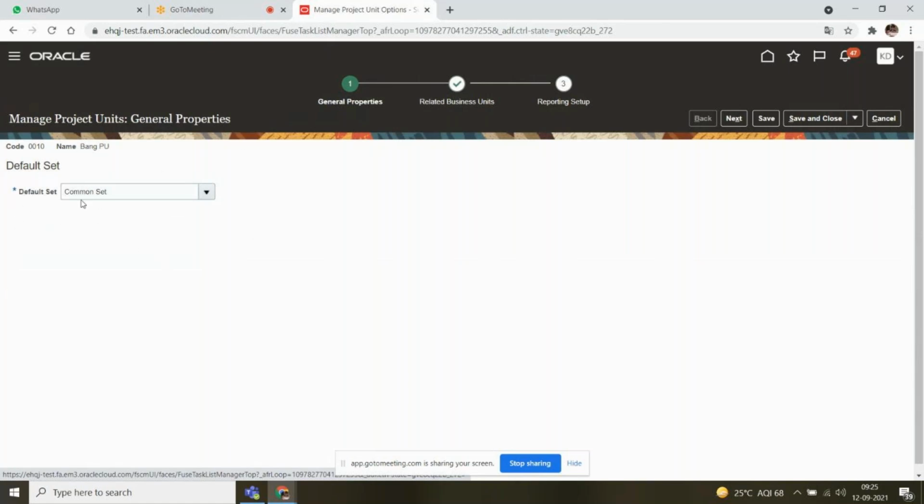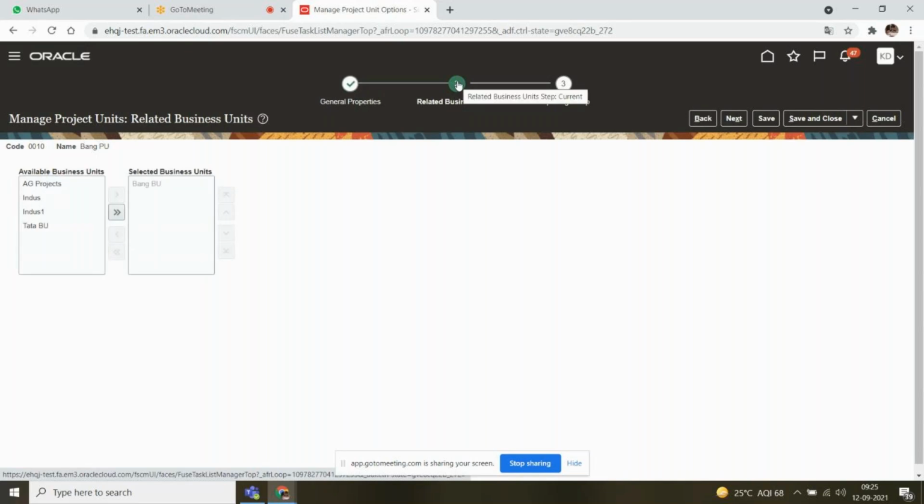Again, don't worry, we will also call these reference data sets. We'll study about them in detail. So under general properties, we'll just select the set, and coming to the related business unit section, we'll select what is the business unit